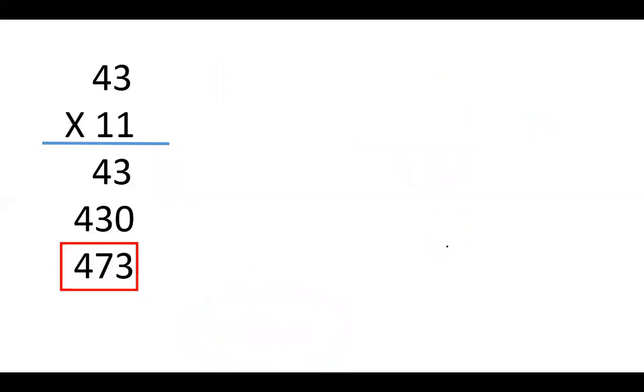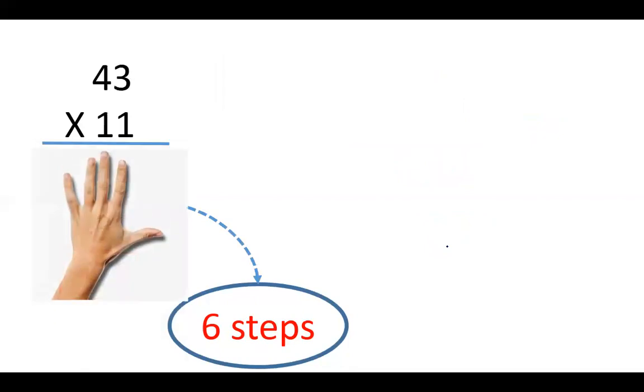So here we have two digit numbers 43 and 11 और आपने देखा कि usual steps जो हमारे हैं उसके हिसाब से हमने multiply किया and we got the answer 473. Number of steps and the time taken आप calculate कर सकते हो कितना time आपको लग रहा है. So we have here again 6 steps. Let us hide the answer and proceed to our solution. Once the solution is complete, आपको explain करेंगे how we have solved.